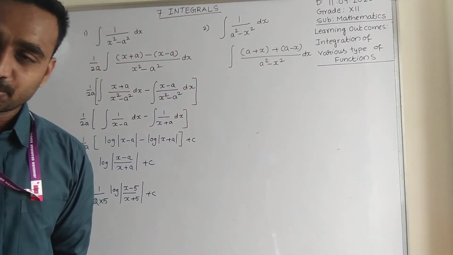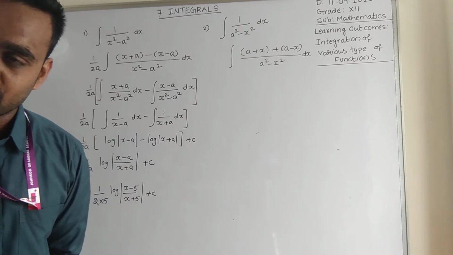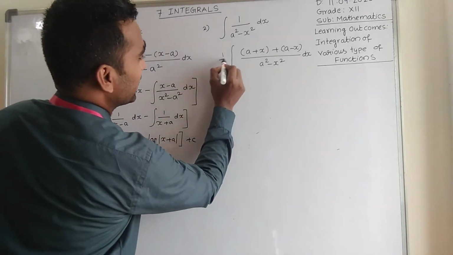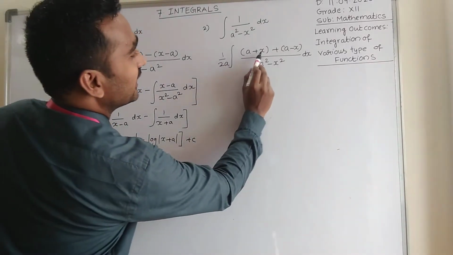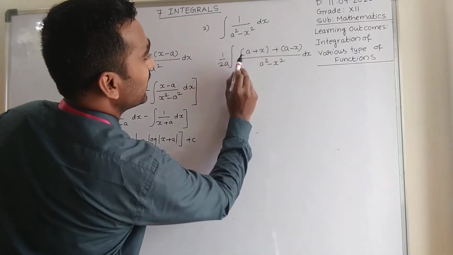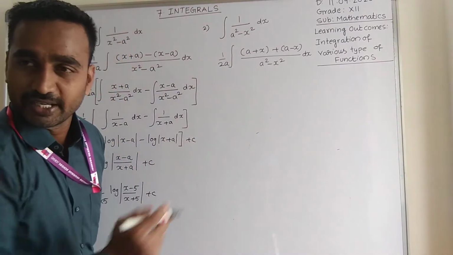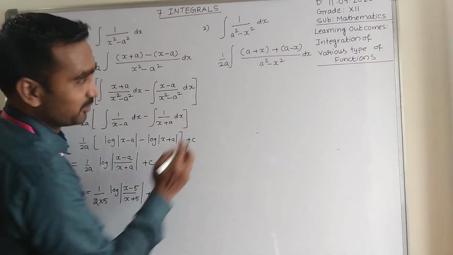So the numerator is 2a, and 2a times becomes 2a times. So divided by 1 by 2a, 1 by 2a. Now it is very clearly balanced. You see, x and x cancel, a and a, 2a, multiply and divide with 2a. And you can proceed with the same as what we did here.